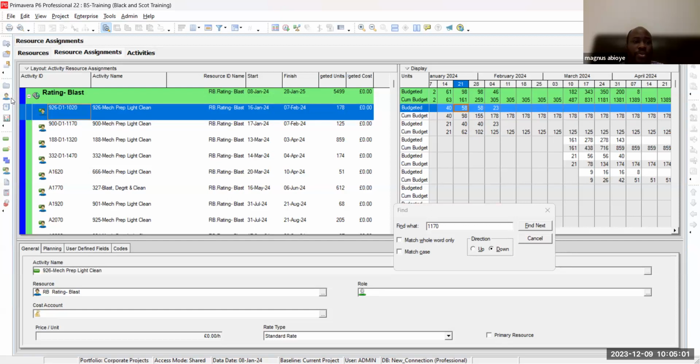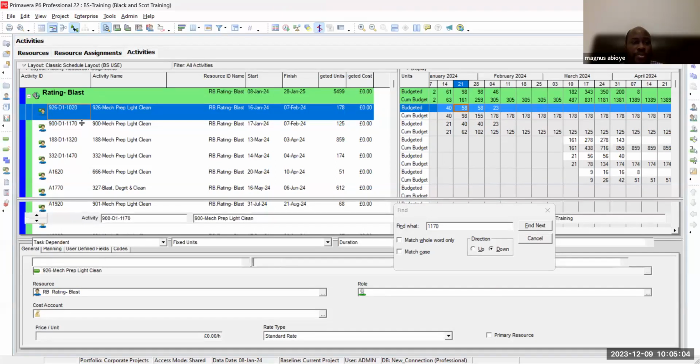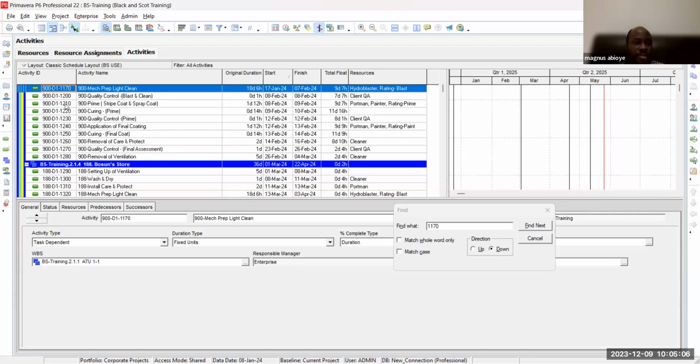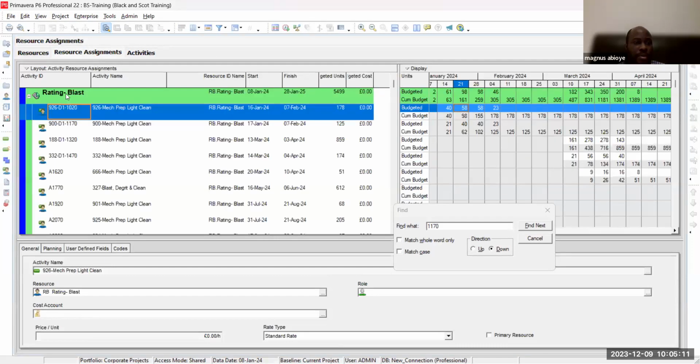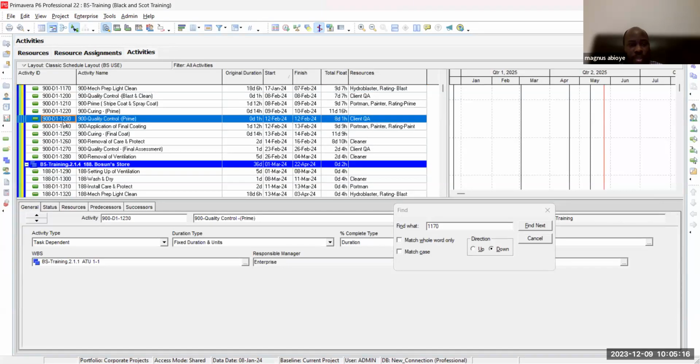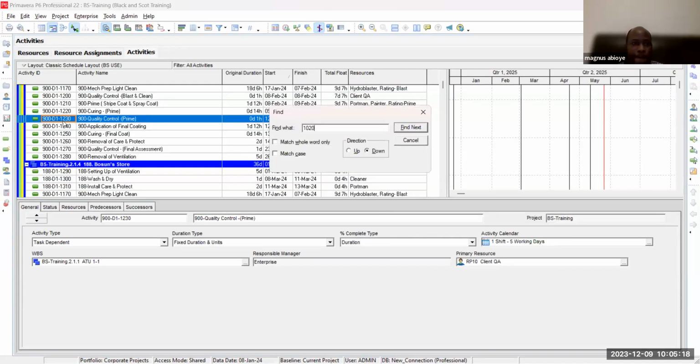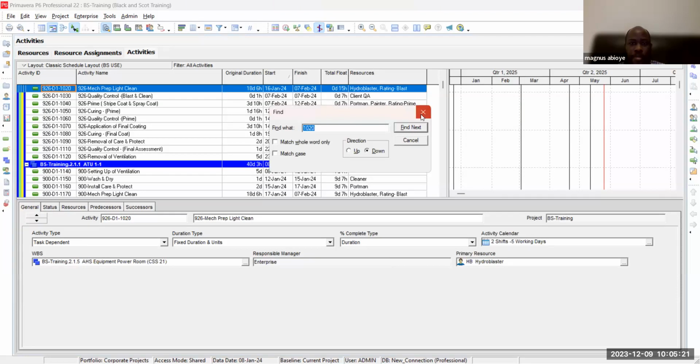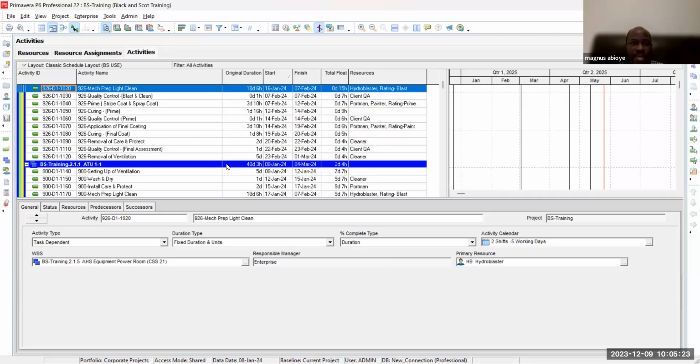So I'm going to 1020, 1020, okay. 1020. 18 days. So I want to change the unit such that it balances up to